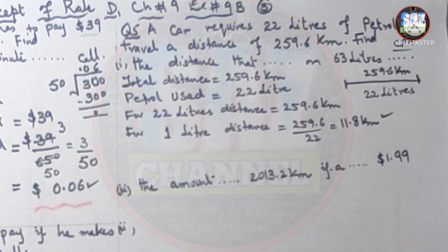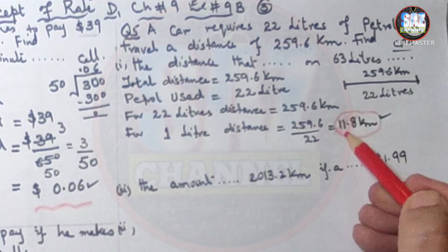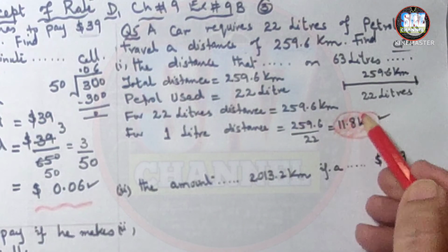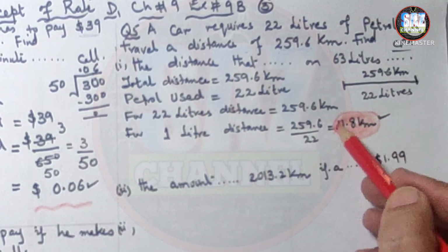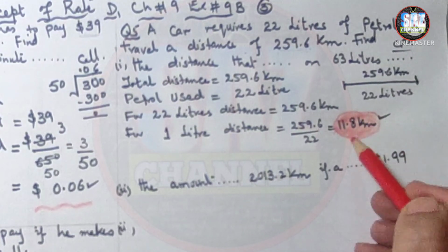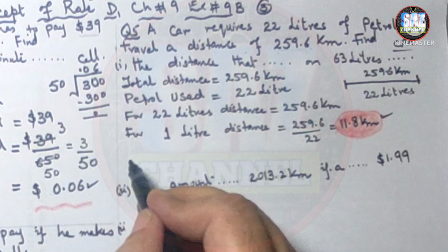And now what is the requirement of the question? The requirement is that if you have 63 liters of petrol in your car tank, how much distance can you cover? So for 63 liters,